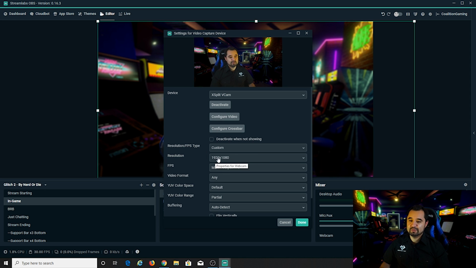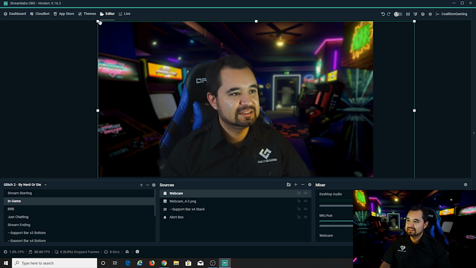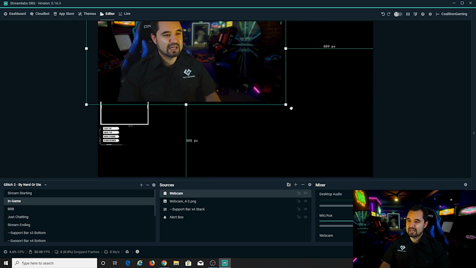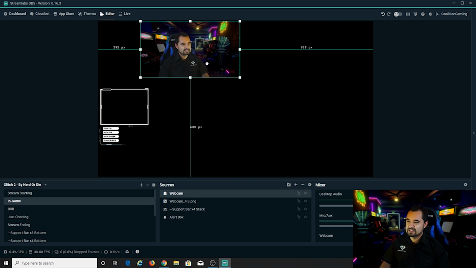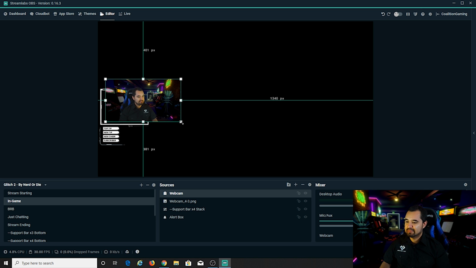It's at 1920 by 1080, which I mentioned is a widescreen resolution. But the cool thing about all this is that you can just shrink the window down. And this is something you're going to have to do a lot if you're going to be streaming, adjusting sources and stuff. So you're going to shrink the window down, and then I'm going to crop it. Now, here's something that's really important when it comes to streaming, is that you need to get your layers, your order correct. And right now the webcam is on top of the overlay. The webcam needs to be under the overlay.